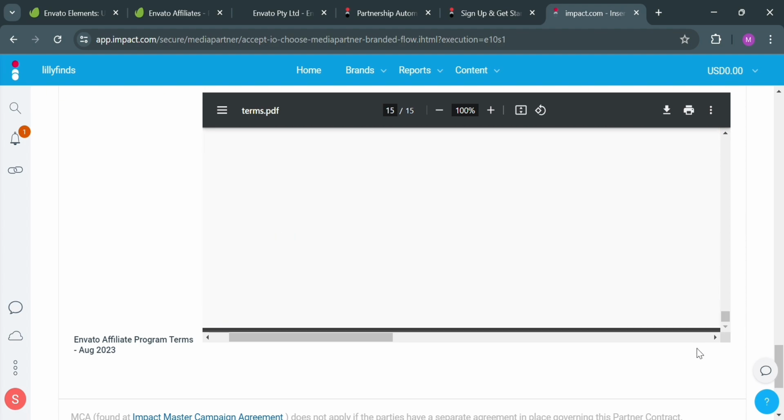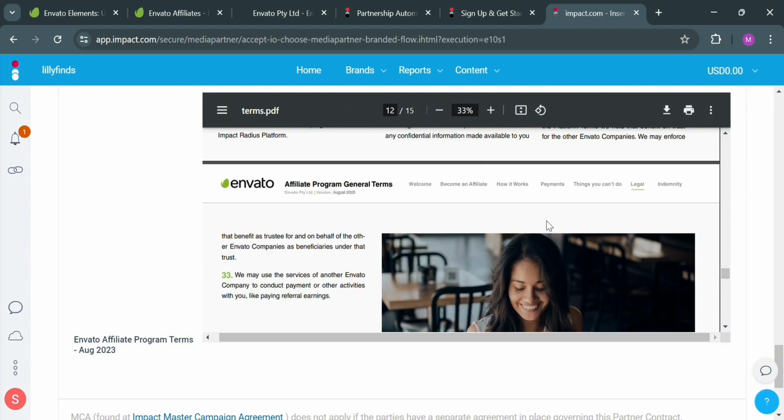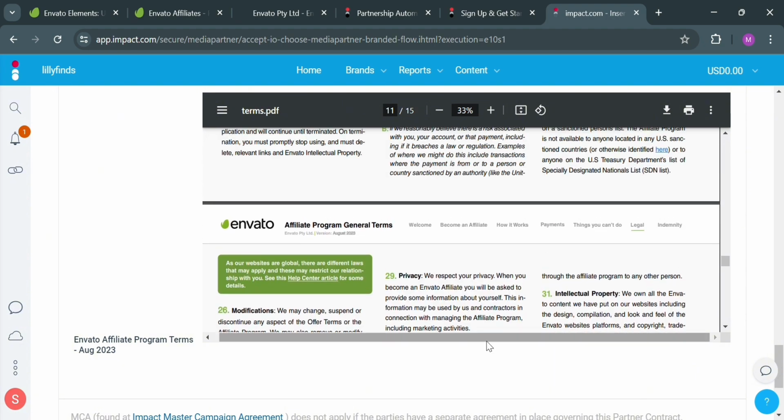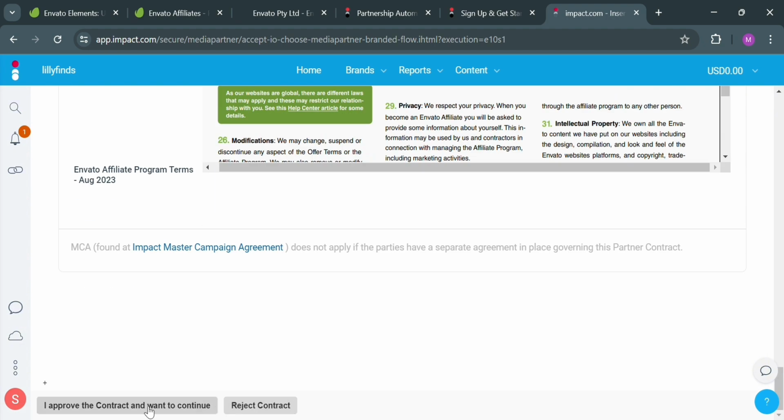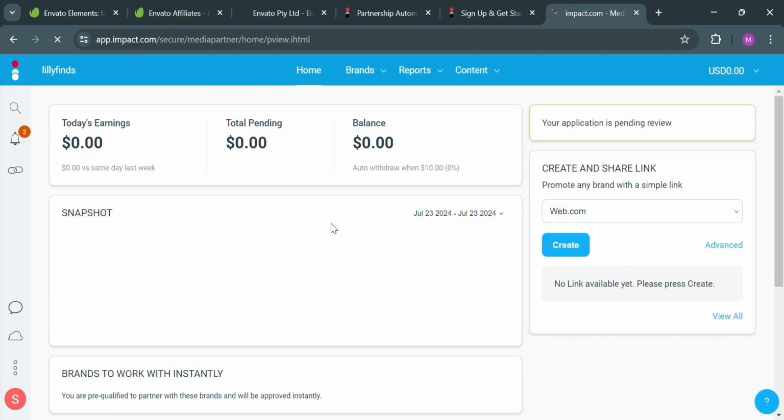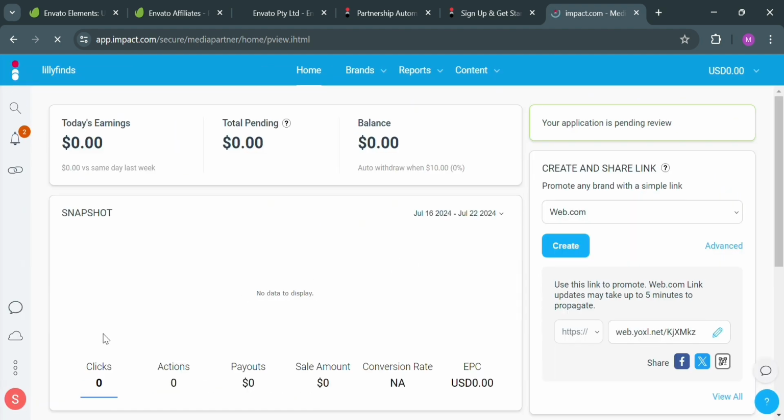And after that, below here, if you scroll down, you could start clicking the button below that says, I approve the contract and want to continue. By simply clicking on it, it will automatically send our application to the Envato affiliate program. And you will be able to see here that your application is now under review or pending review. So that is basically the first way we can apply to the affiliate program of Envato,